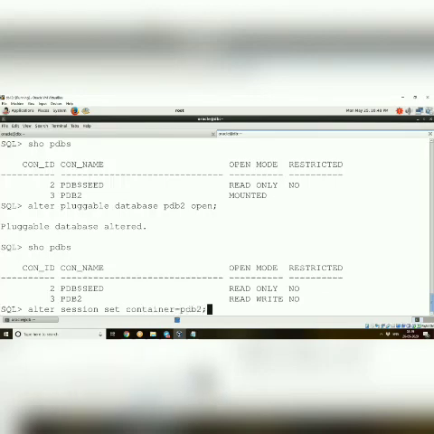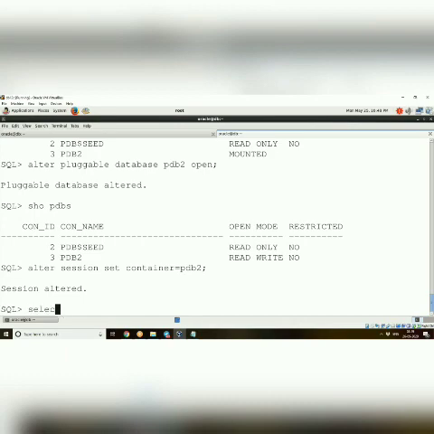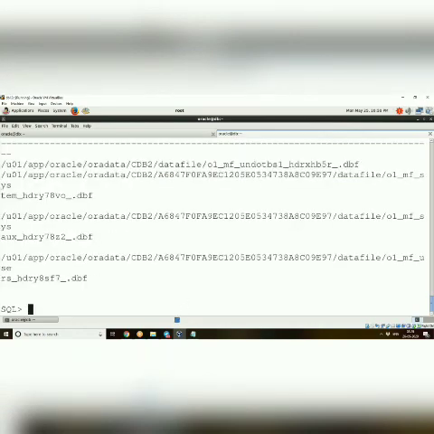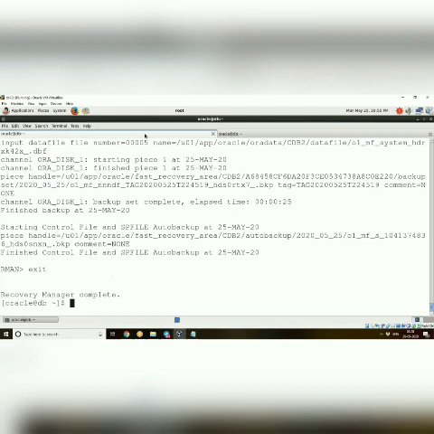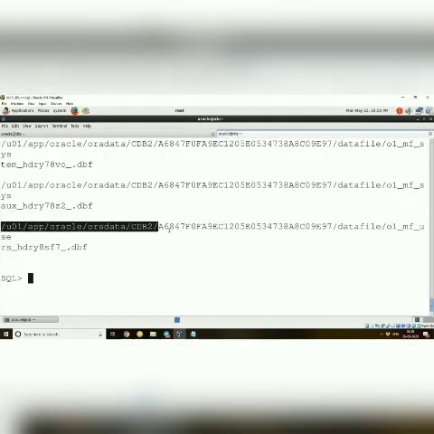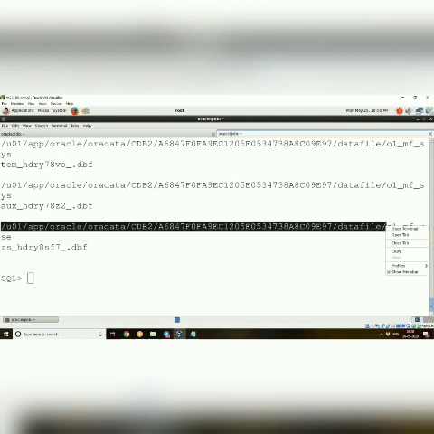Okay, so now I am checking what are all the data files I have. So these are the data files I have, isn't it? System, sysaux, undo is common. So system, sysaux and users. So what we'll do, we'll remove this users, or we can rename also. Okay, and we'll play around, we'll see what happens. Okay, so now we'll go to this place.